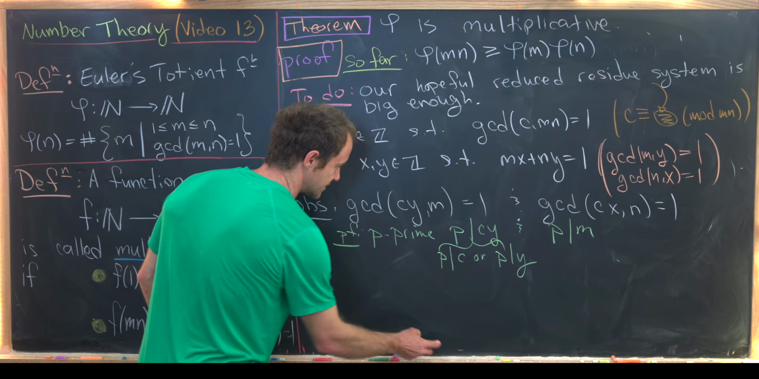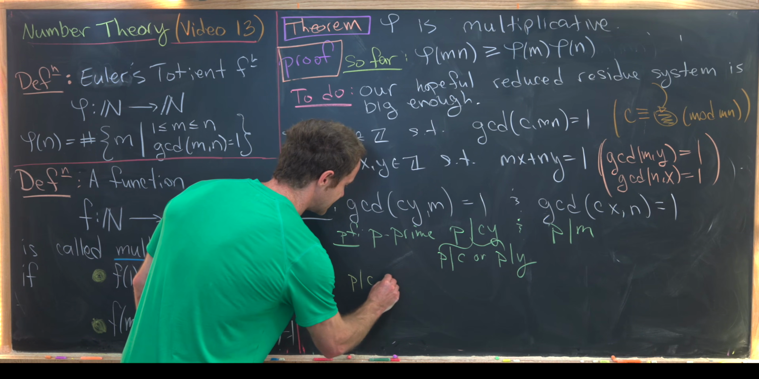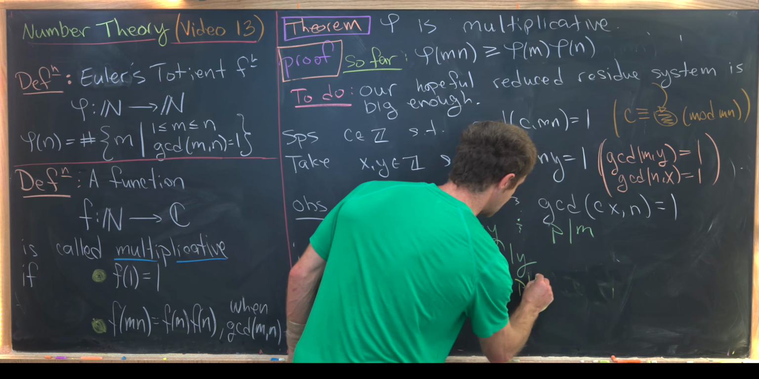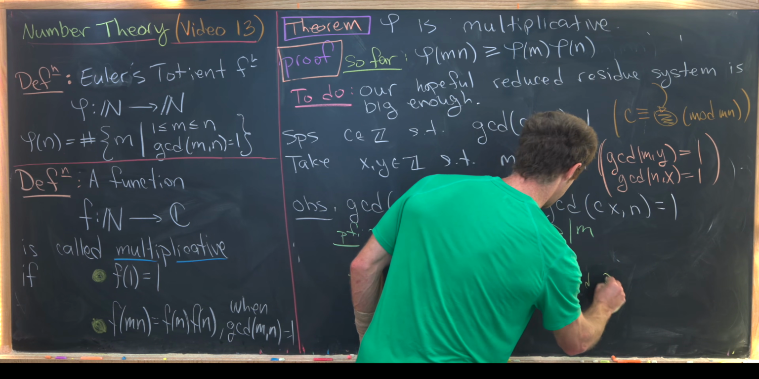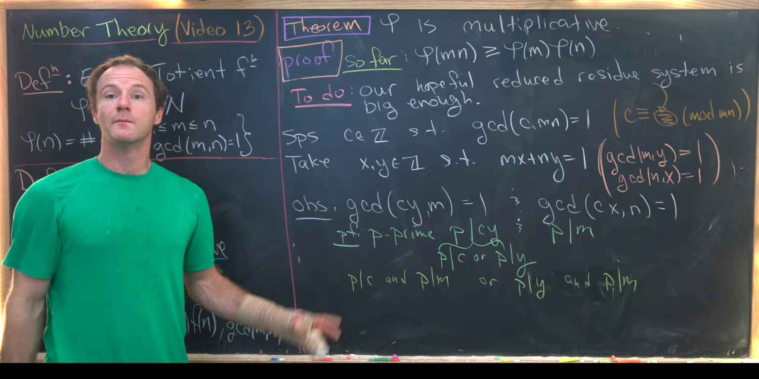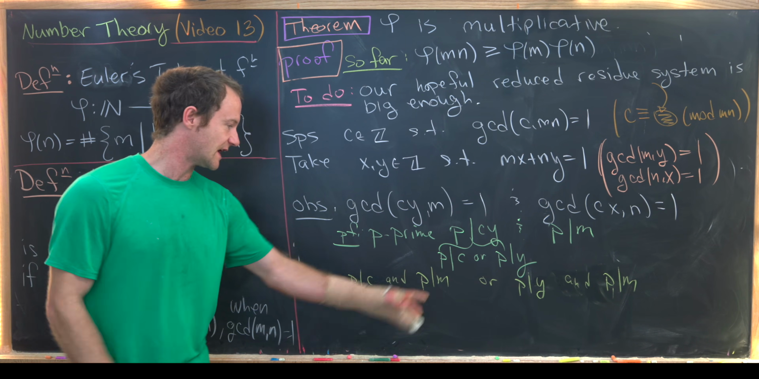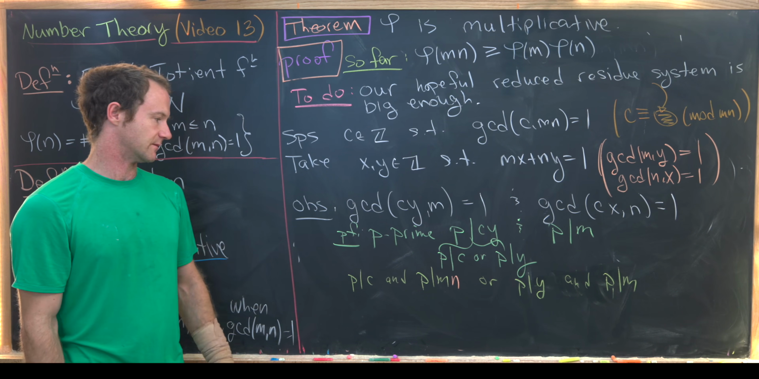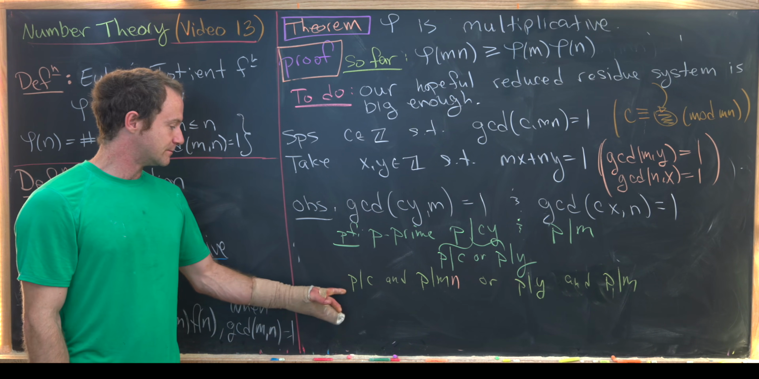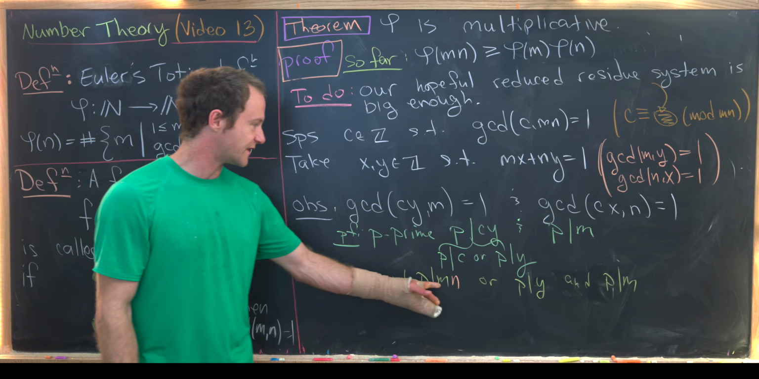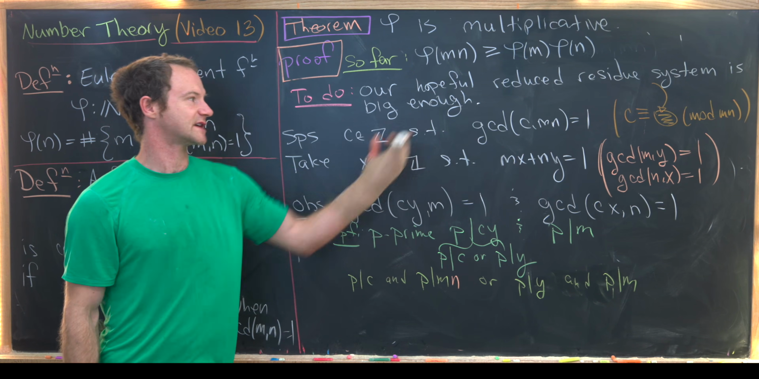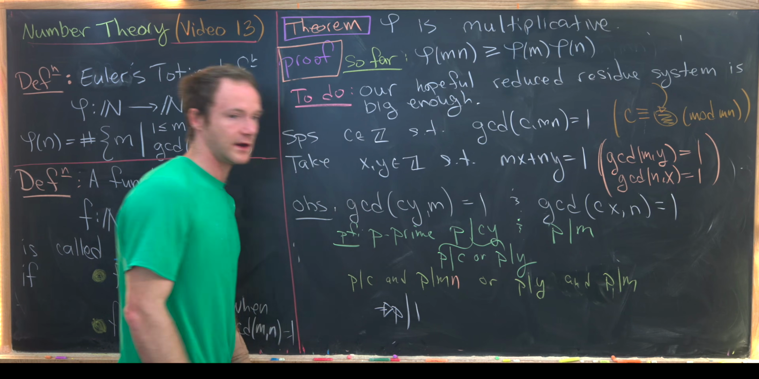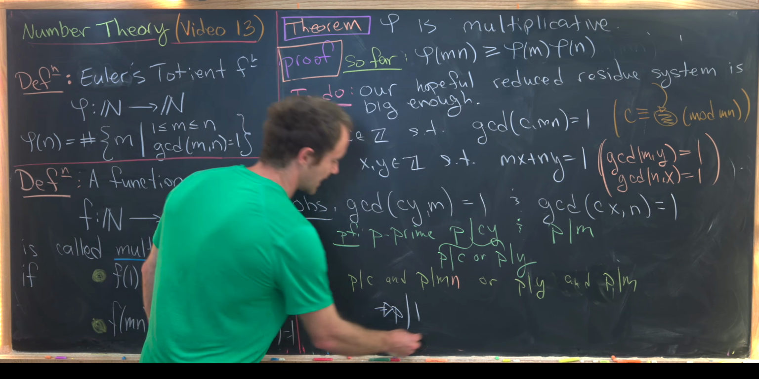So this splits into two cases: P divides C and P divides M, or P divides Y and P divides M. But now we can do a bit of a trick. If P divides M, then P most definitely divides Mn just by multiplying by n. But now we know the GCD of C with Mn is equal to 1. That's our assumption way up here. So this tells us that P divides 1, but there are no primes that divide 1,